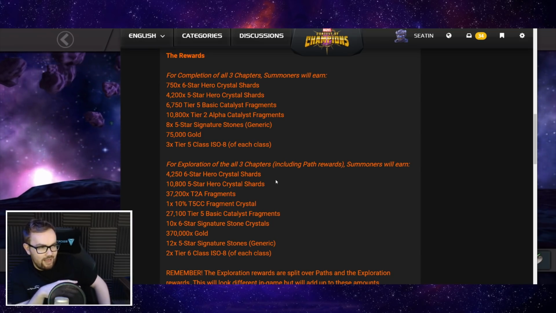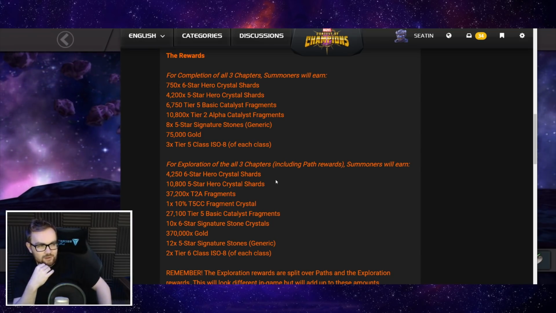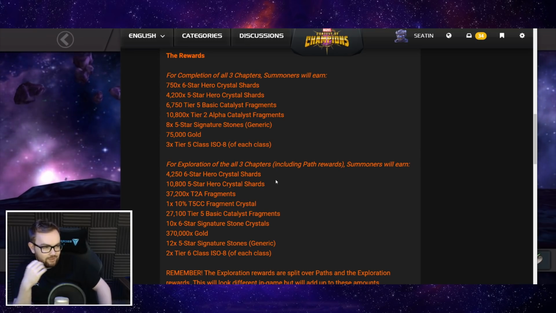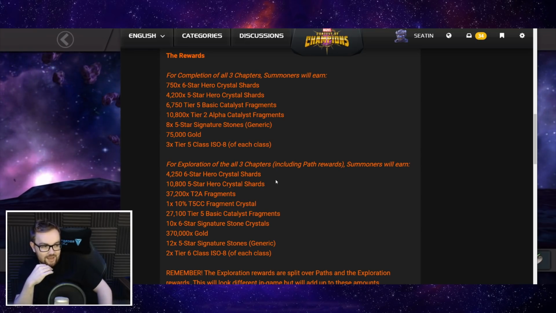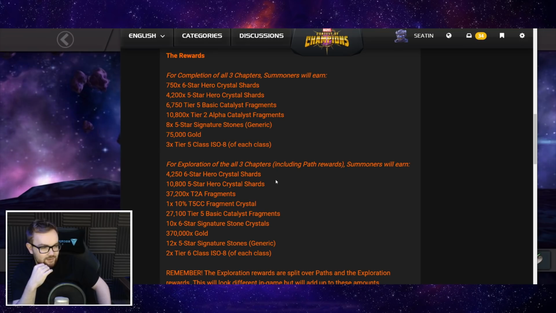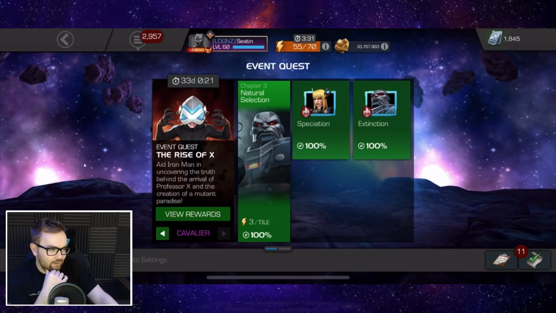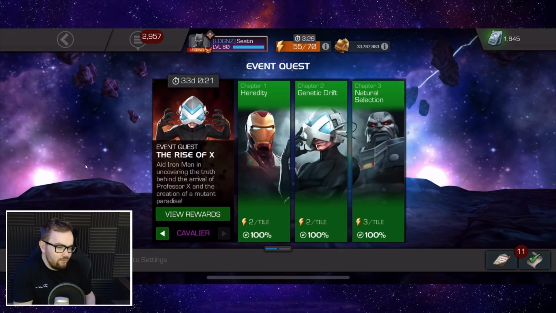So if you do all of Cavalier 100%, you pretty much get like 75% of a fully formed tier 5 basic, and again, you need 2 of those to rank 5 a champion. You also get 10 random 6-star Sig stones, 370,000 gold, 12 generic 5-star Sig stones, and that pretty much is it. Now, I was thinking about Cavalier,